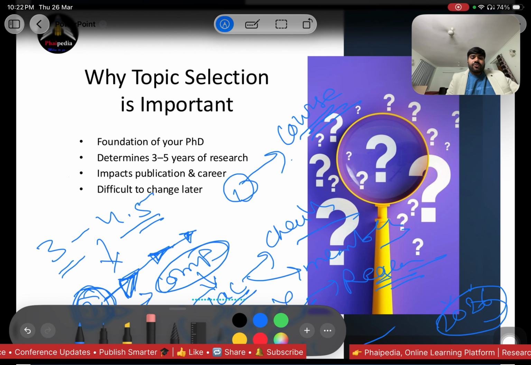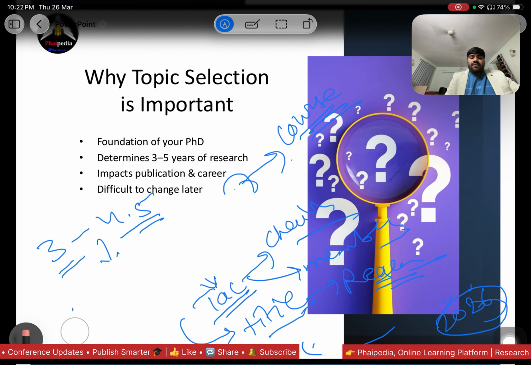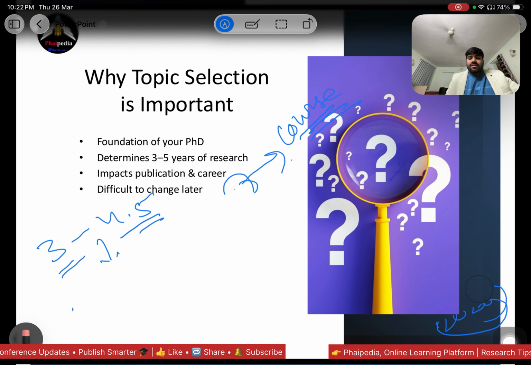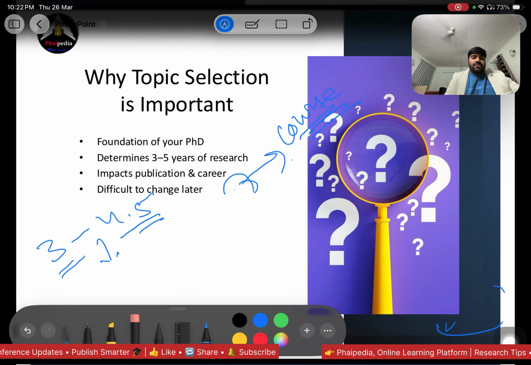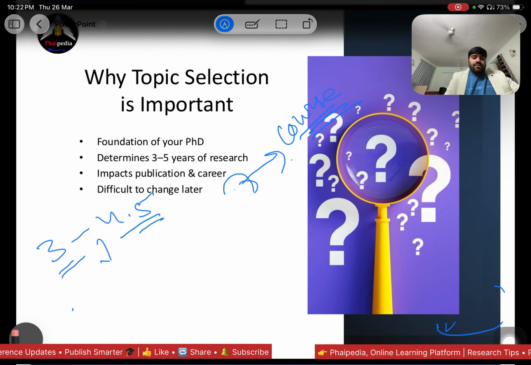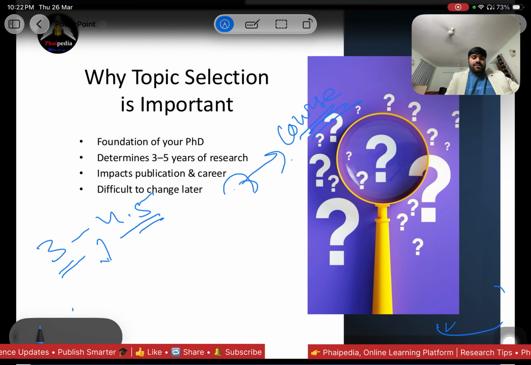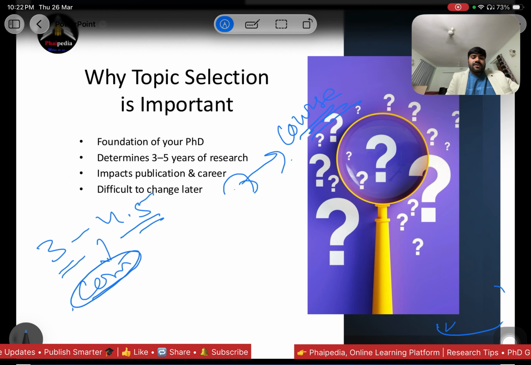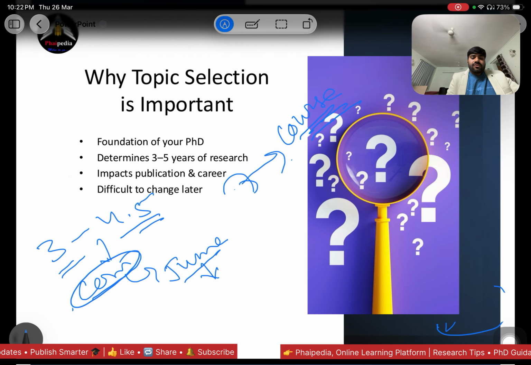So these things you have to do. Basically, when you are in the third year now, your topic should be clear. So the topic on which you want to do the research. After the comprehensive exam, like if you are giving your comprehensive exam in June, then after 6 months you have to give your